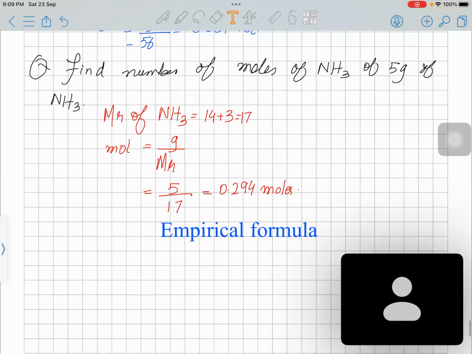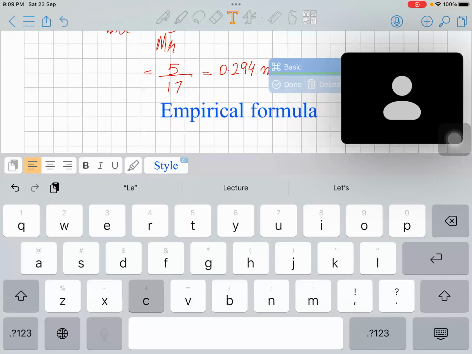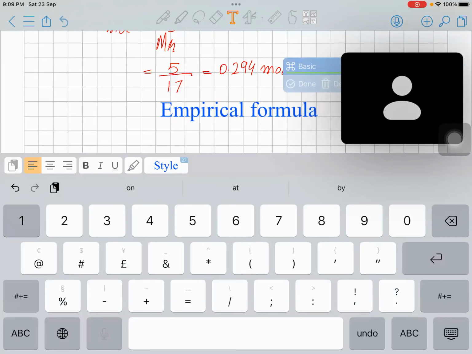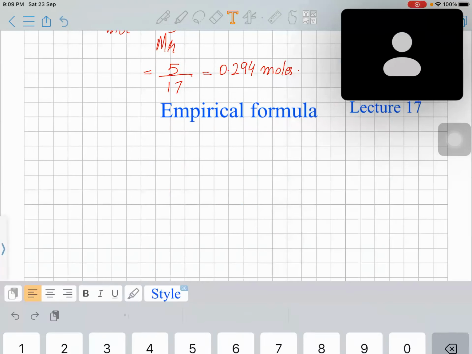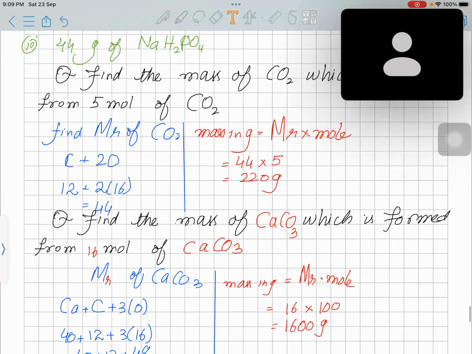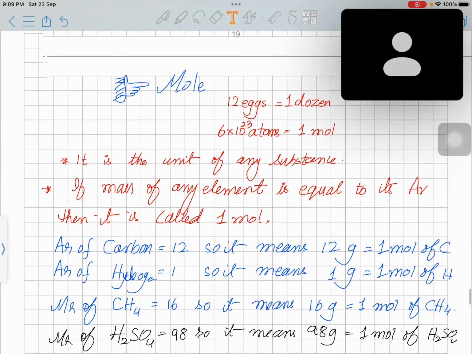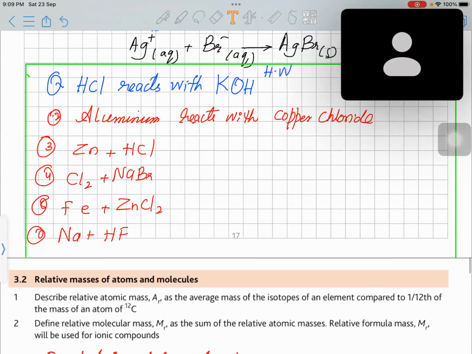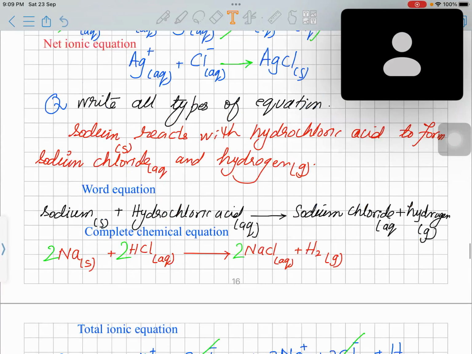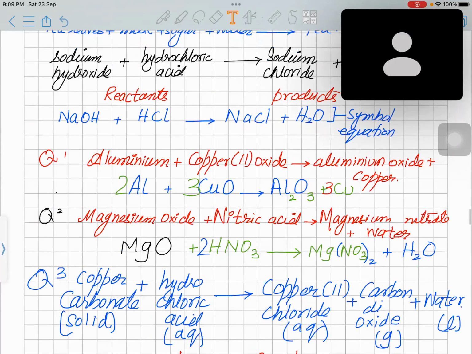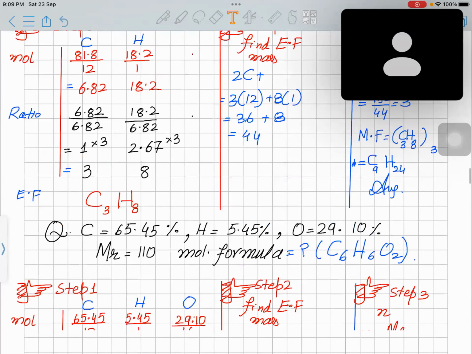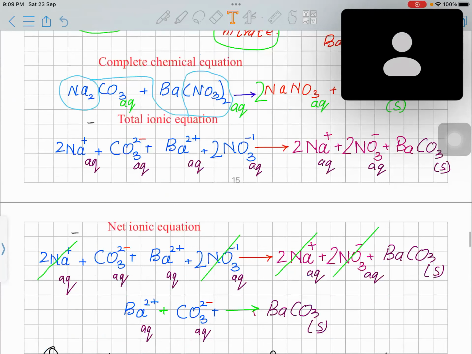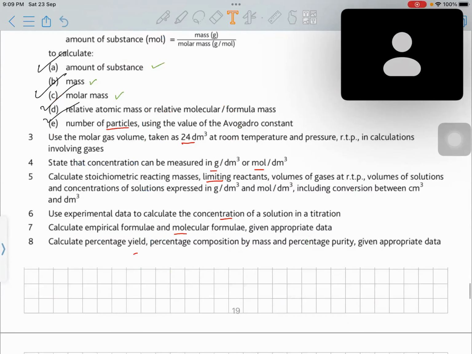Today is lecture number 17. Sir, haven't we already done empirical formula? Oh, wow. Yes, sir, before. Yes, we have already done empirical formula and molecular formula. Very good. Now,